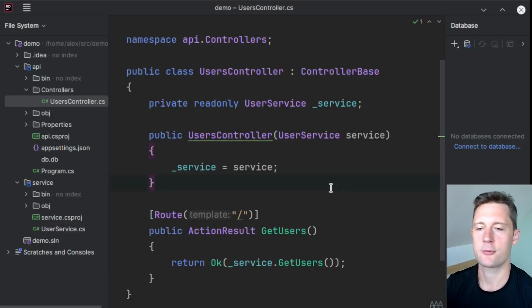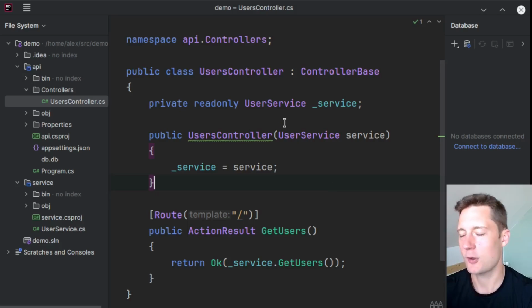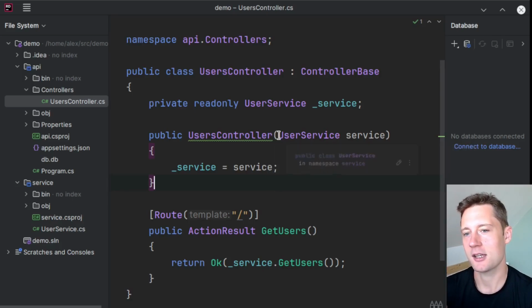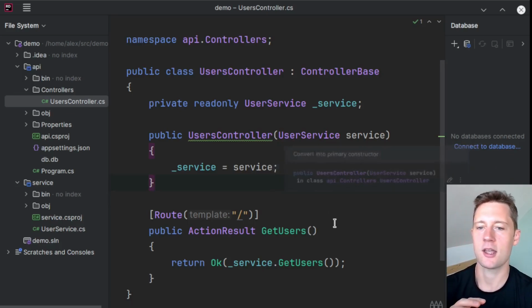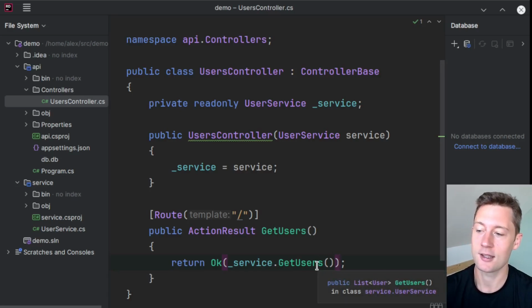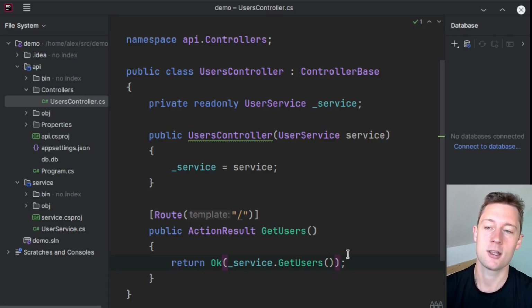So if you've been programming for any amount of time, you've probably heard about the inversion of control principle. What the inversion of control principle states is that a component should not be responsible for its own dependencies. It should get its dependencies externally. That means if you have something like a controller that can respond to an HTTP client, but it relies on some kind of tangible service doing something like retrieving a list of users, then the user's controller should not instantiate